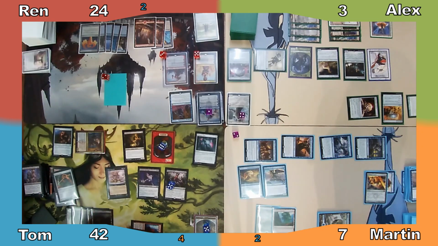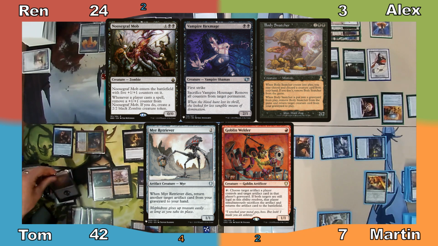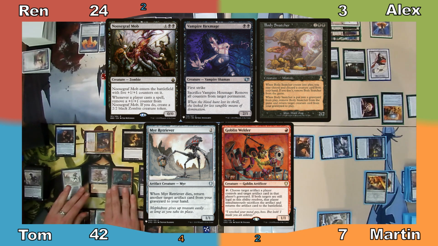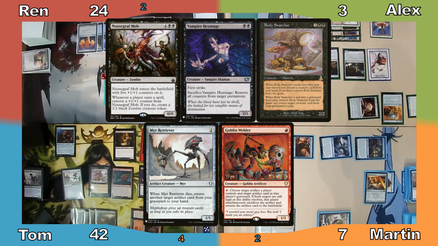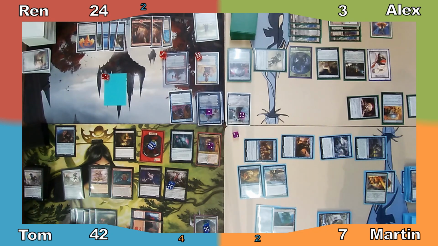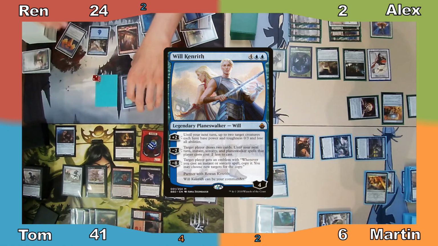He puts Newscraft Mob, Vampire Hexmage, Body Snatcher, Mia Retriever and Goblin Welder into play, and discards a card to Body Snatcher's ETB. Grenzo is then dealt 3 damage, killing him, and finally putting an end to his reign of terror. Next, Ren uses Saheeli's +1 ability, scrying away the top card of his library and dealing the rest of us 1 damage. He then recasts Rowan Kenrith, and Tom removes a +1/+1 counter from his mob to create a